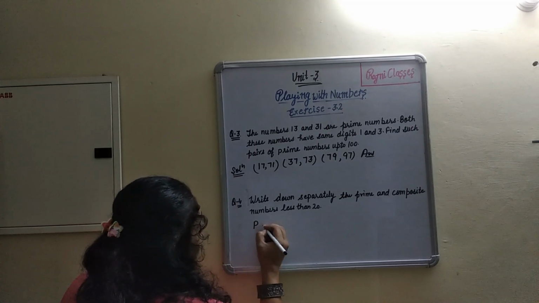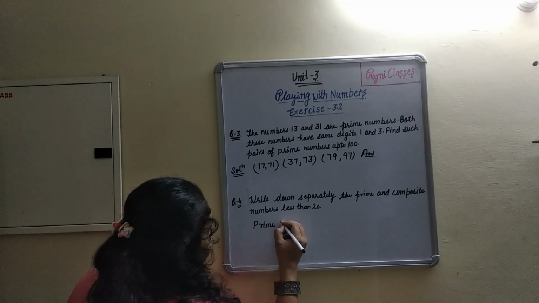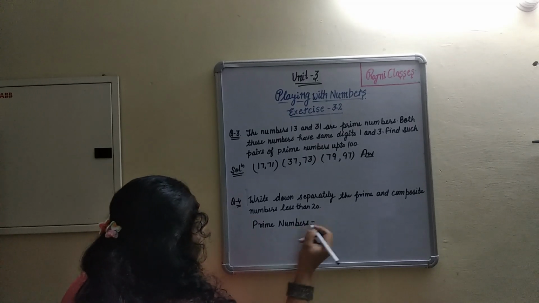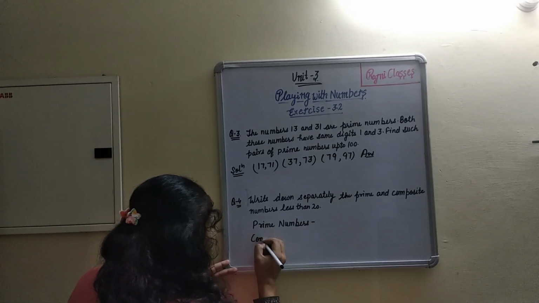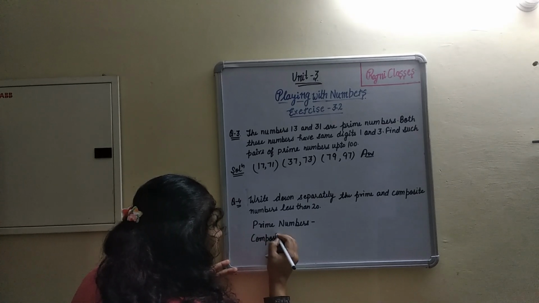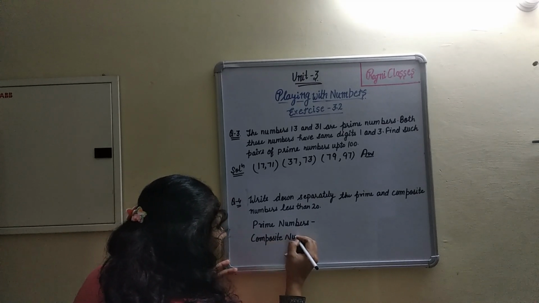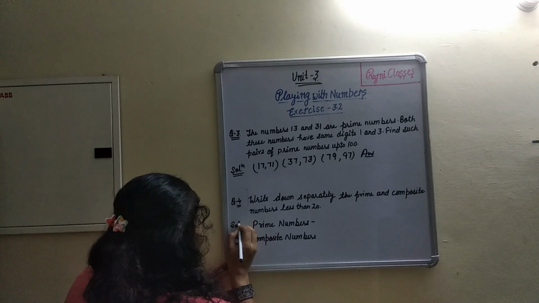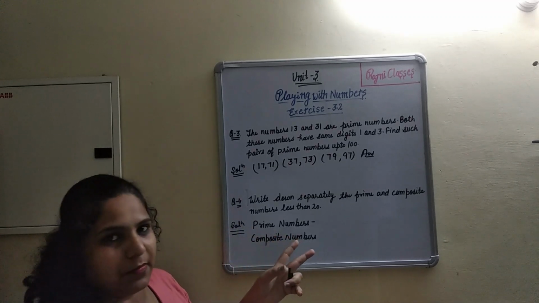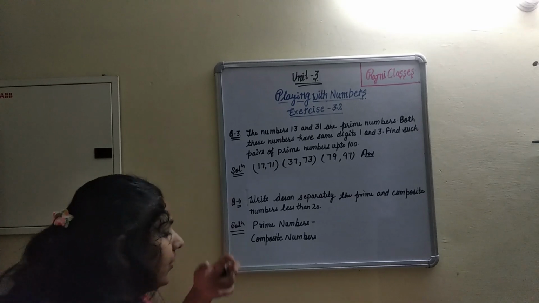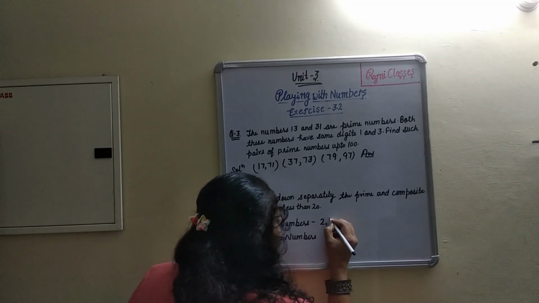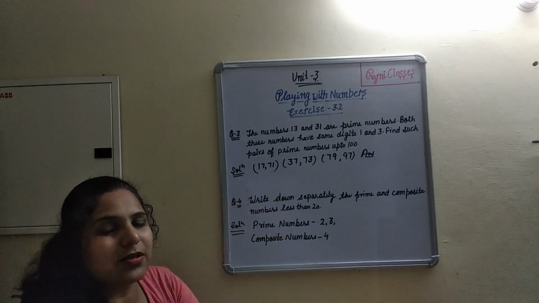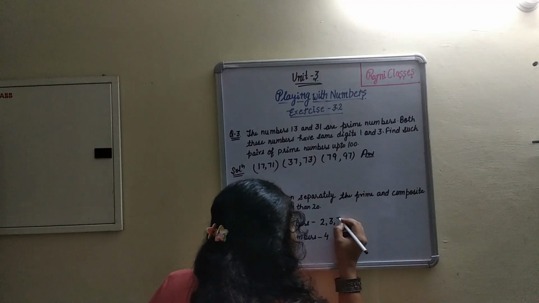Okay, तो prime numbers and second one is composite. Okay, the solution. Start with the prime numbers. 1 is not a prime number, then 2 is a prime number, 3 is a prime number, 4 is not a prime number, so we will write it in composite numbers. Then 5 is again a prime number.